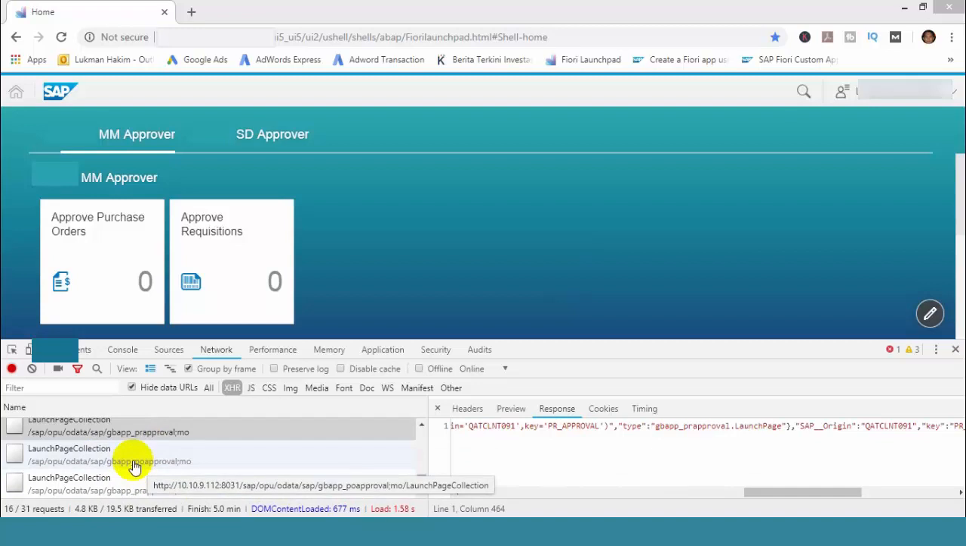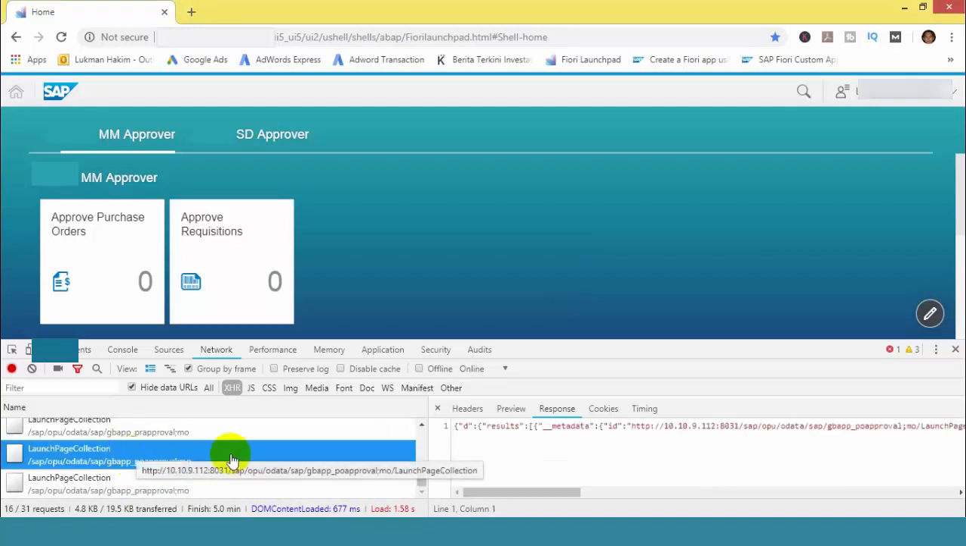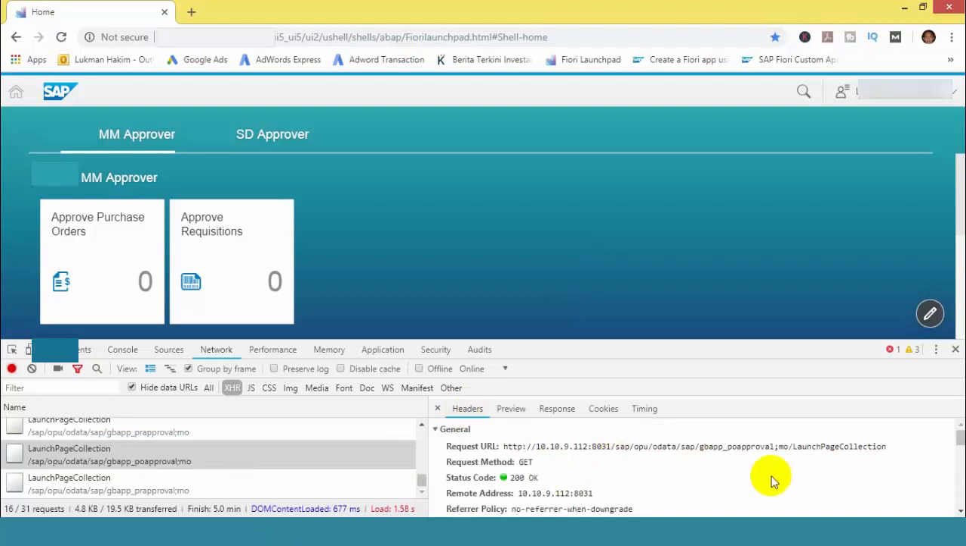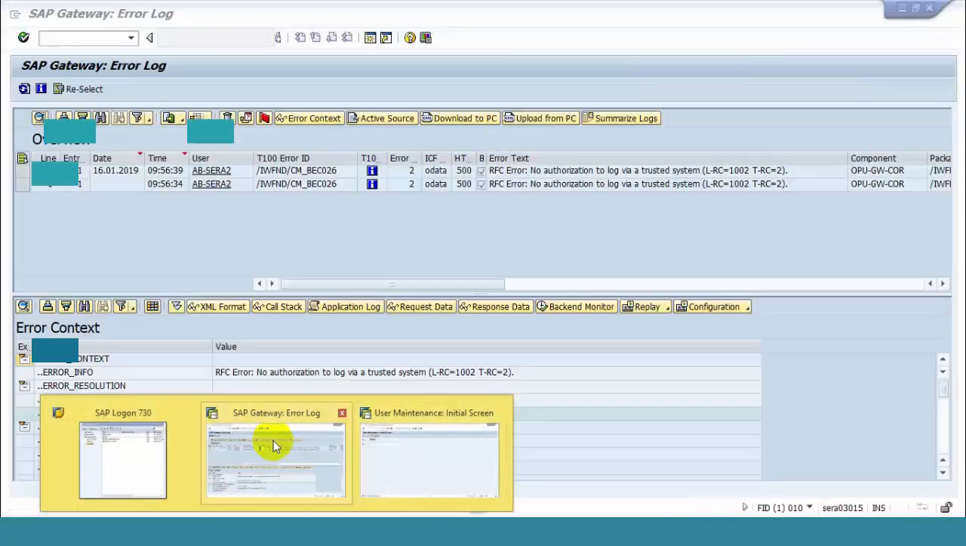We select the OData request of PO approval. We go to the header of the request. The external service name of the OData is in the URL after /SAP/. The external service name of the PO approval OData is gbapp_PO approval. We copy it and then we go to transaction code